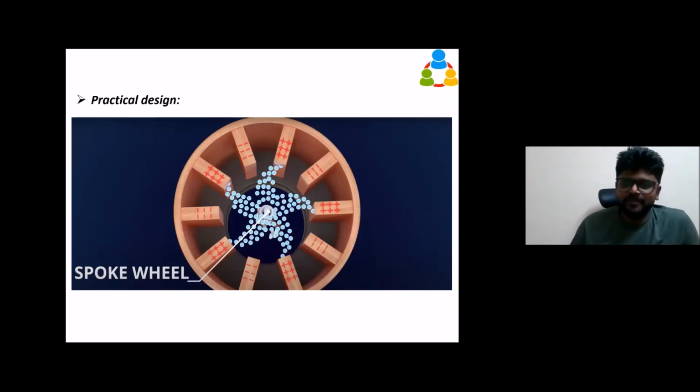So what will happen to the other electrons? We have just monitored the motion of one electron. Since that one electron has created surface charges on all the cavity surfaces in the opposite polarity, when the other electrons come, they want to go to the positive only. They will not go to the negative. Negative will repel. They will try to go to the positive. So it will form a spoke wheel pattern. You can see here how it forms.